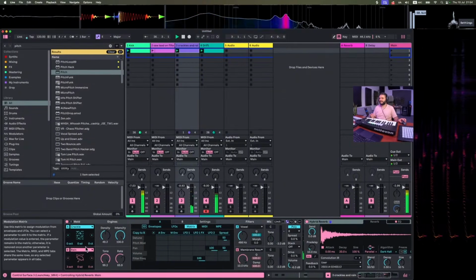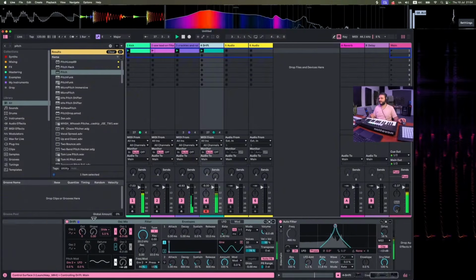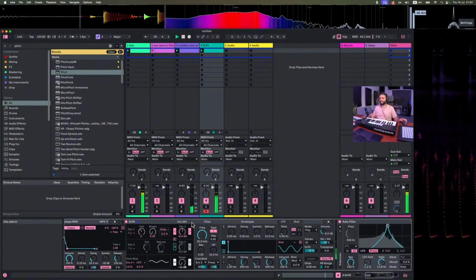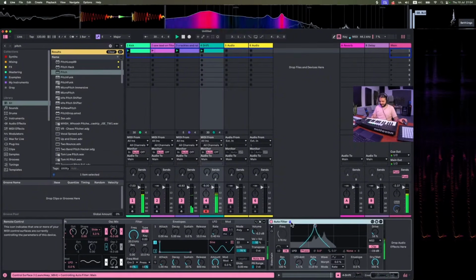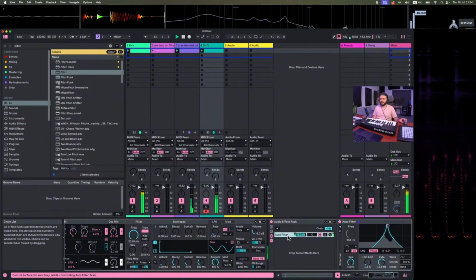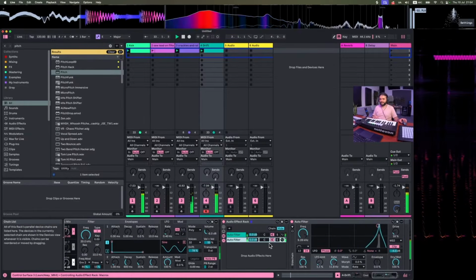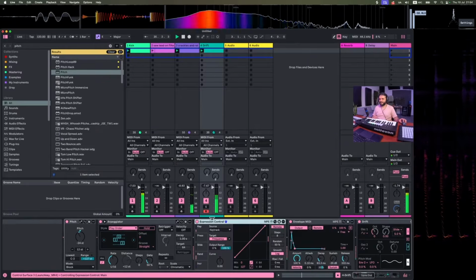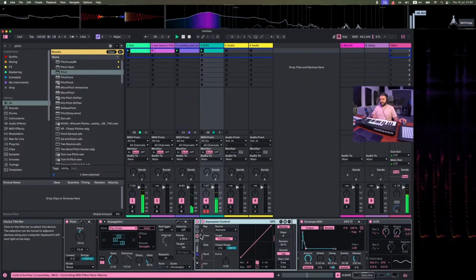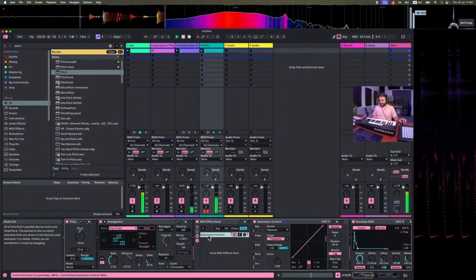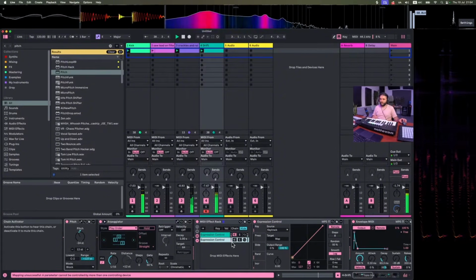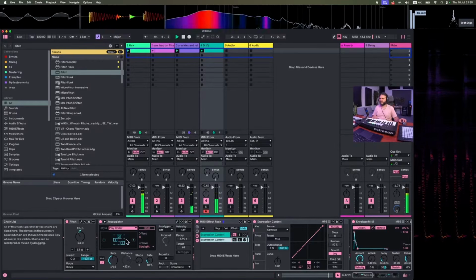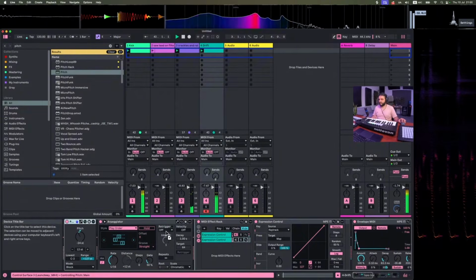I think I need this again an octave lower. And we can even group this, duplicate. I will mute it for now. I will group the expression control as well, duplicate it as well. I will mute this expression control so it only works if it's connected, but if I, let's say, duplicate another